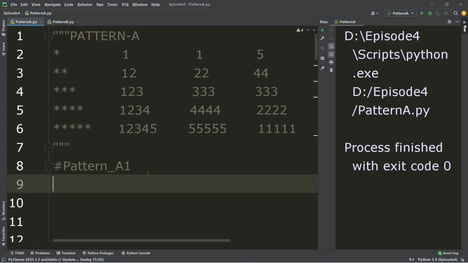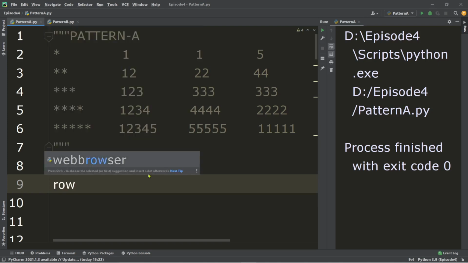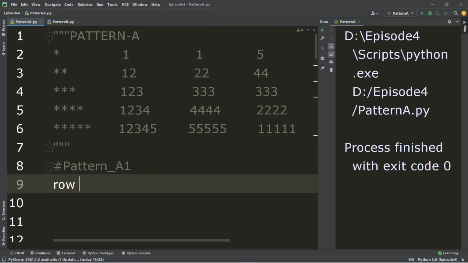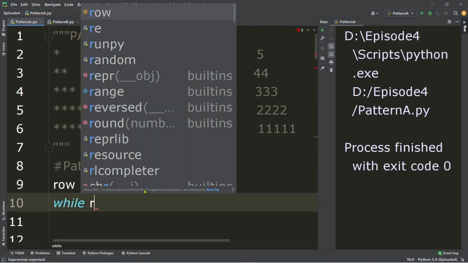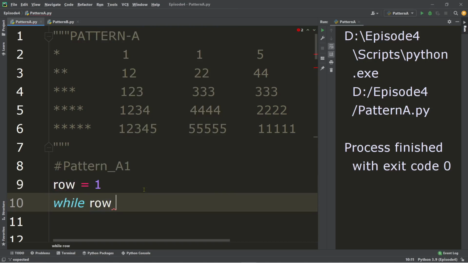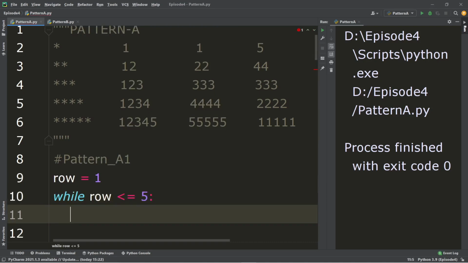Okay, so let's start. First is the initialization. Let's talk about the row. We start with, for example, an initial value of row equals 1. So we have while row, and our goal is to iterate 5 times. So while row is less than or equal to 5, colon,